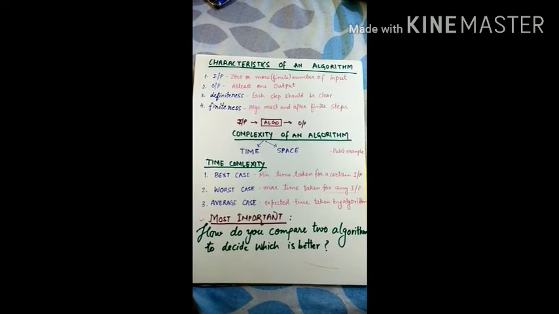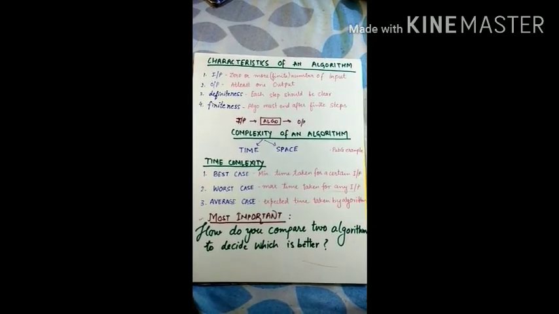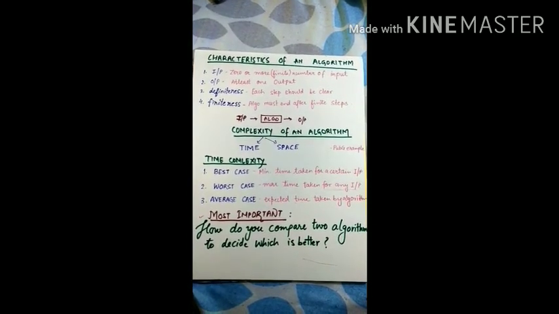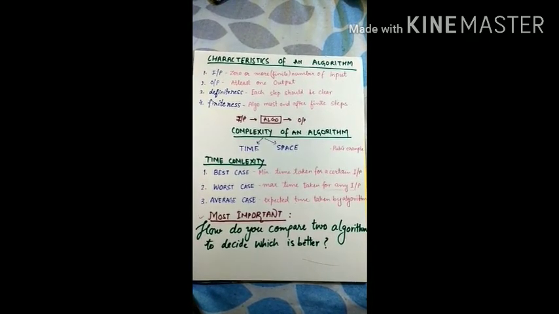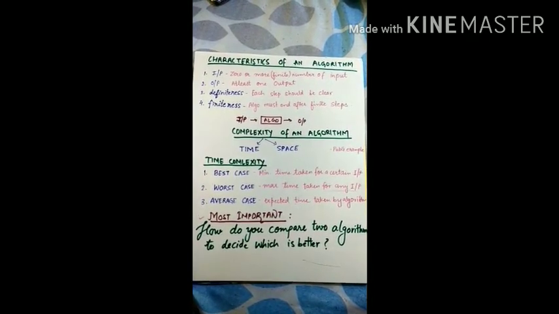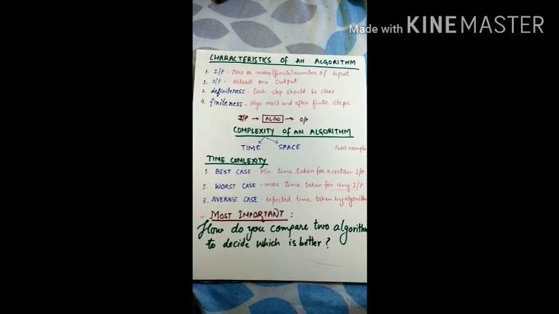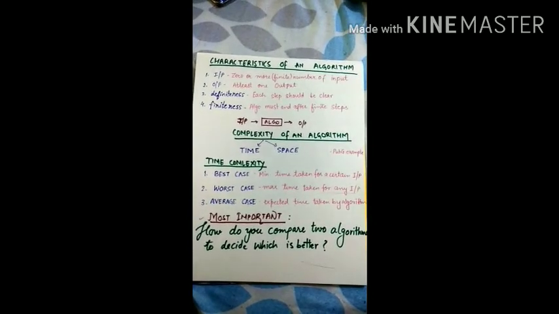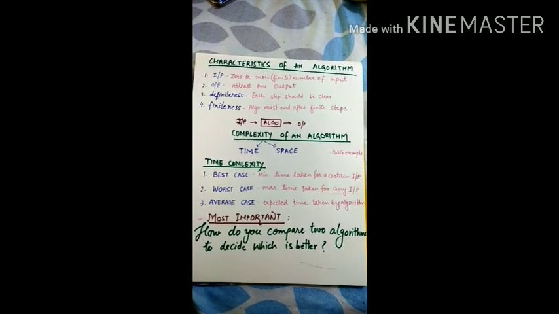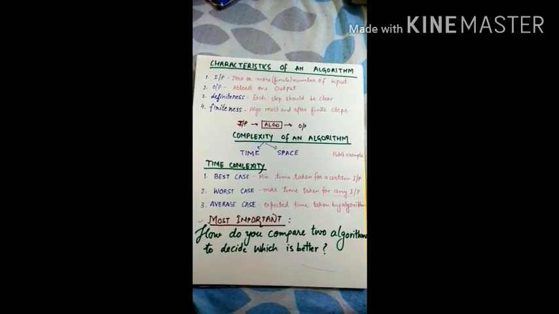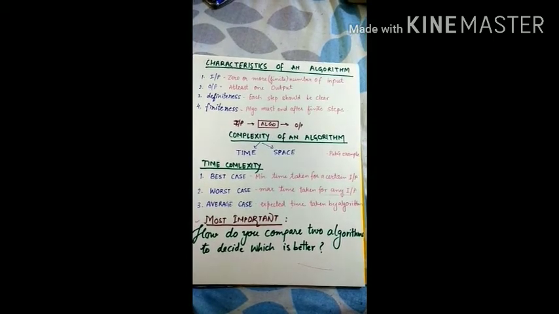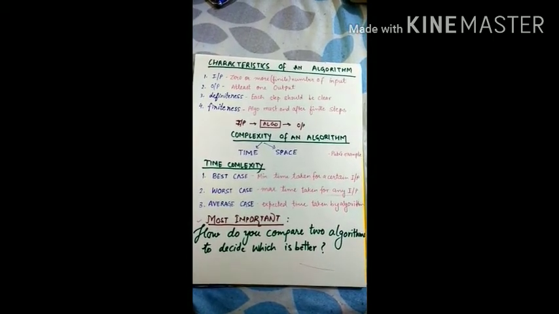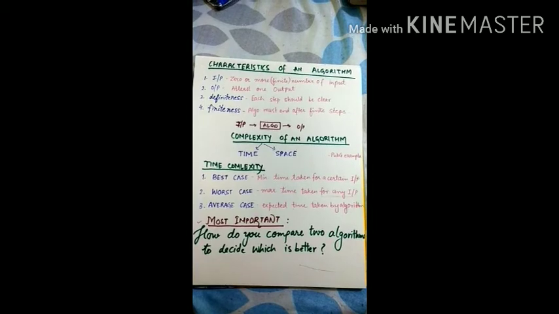So let us take the example of the PUBG game. It takes around 1, 2 or around 3 GB of space on your device. But still people play this game. They are not concerned about the space, but they are more concerned about the time. Although it is taking a hell of a lot of space, still people play it. People are addicted to this game. What keeps them addicted is the speed, or you can say the time complexity. The responses are very fast and the game controls are also very good.